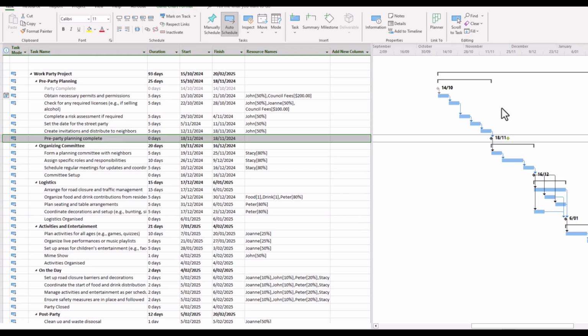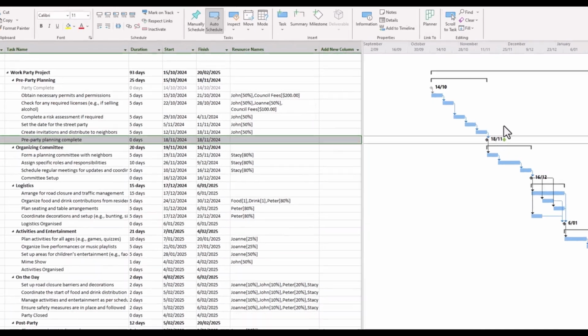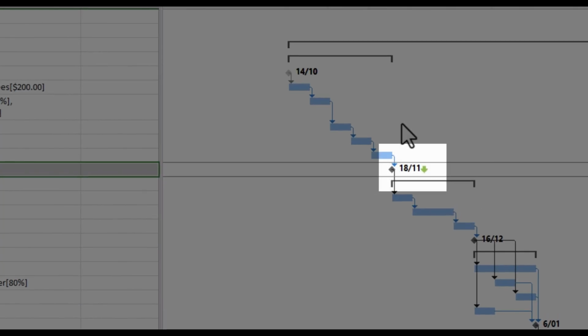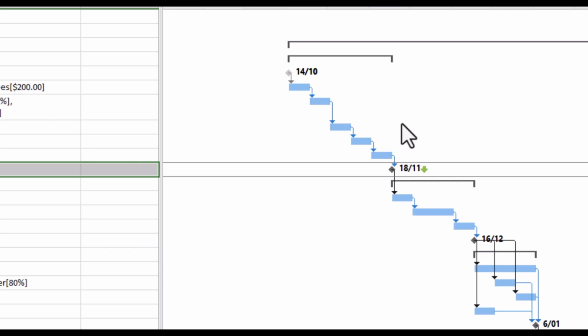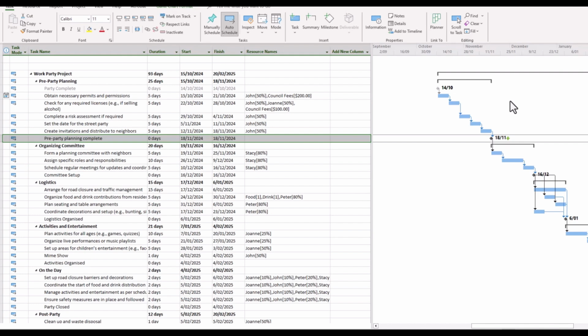And after doing this, you'll notice that there is a new little symbol showing on our Gantt chart, which is an upside down green arrow, which identifies the point on the timeline on the Gantt chart as to where that deadline is, which being the 29th of November. So you'll agree that this gives us a nice little visual indicator to show where we are currently on the project plan compared to the deadline.